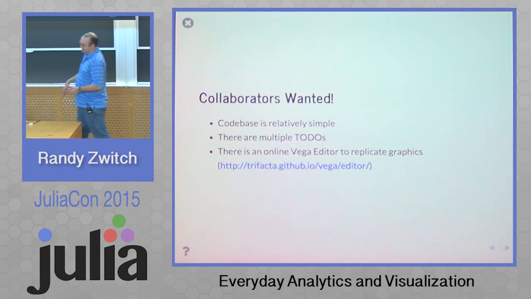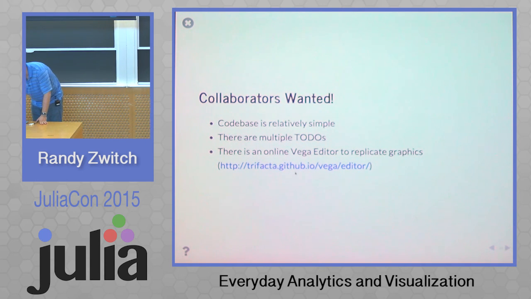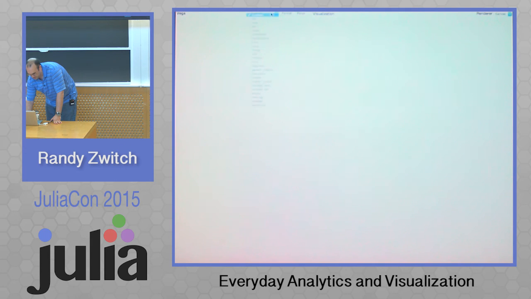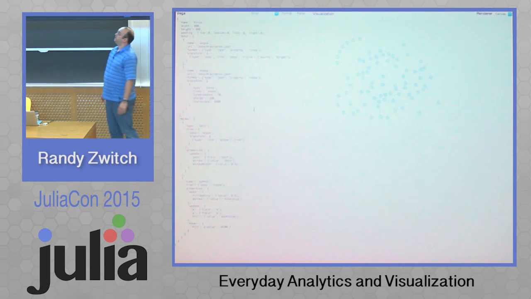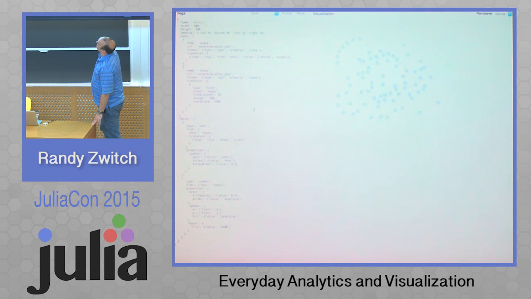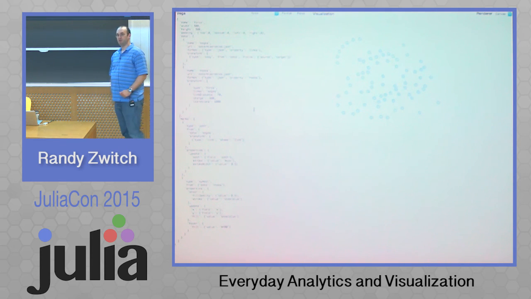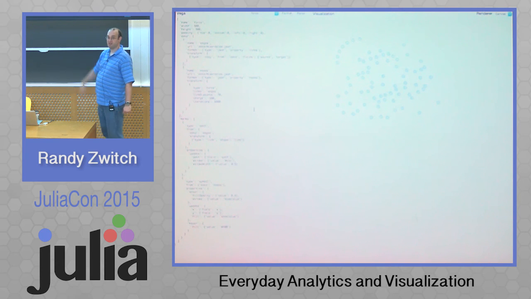There's also an online editor where you can see other examples. If you wanted to start participating, I want to eventually build force-directed network graphs. And luckily, Trifacta, which is the group that built the Vega library, has provided examples. To get this into Julia, you basically just need to map some or all of this code on the left, which is just plain JSON, into the Julia types, and eventually a force-directed graph would come out.